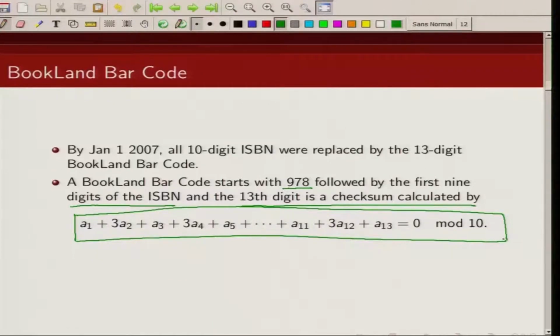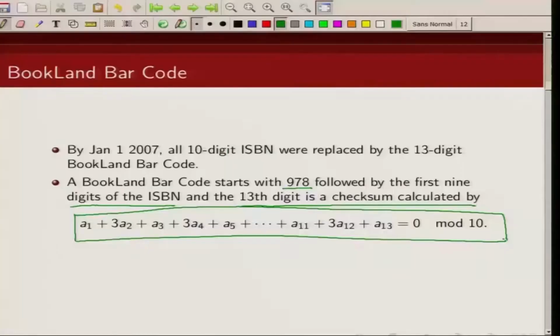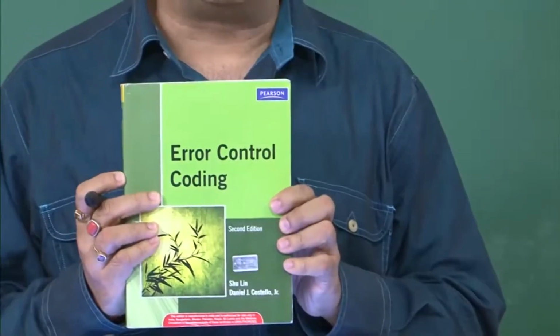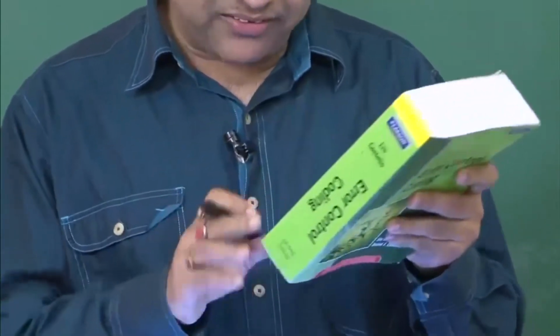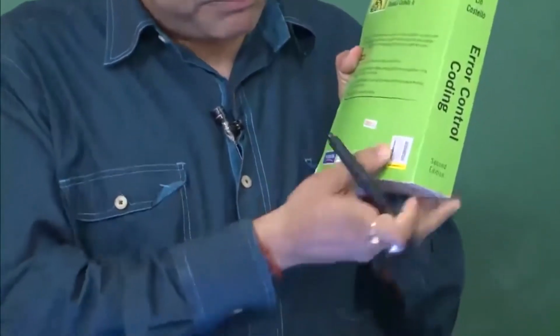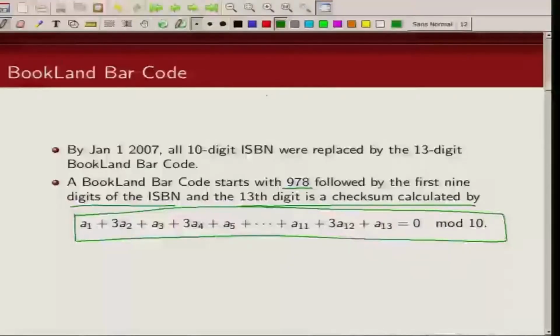Okay. This is how we are computing the 13th bit, which is the checksum bit. Now, let us look at an example. Let us consider our book, Error Control Coding by Lin and Costello. What is its Bookland barcode number? That is given by